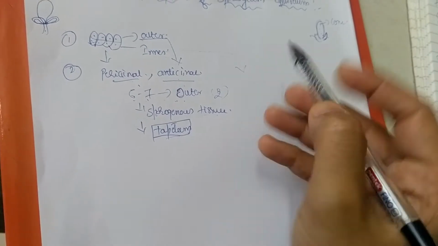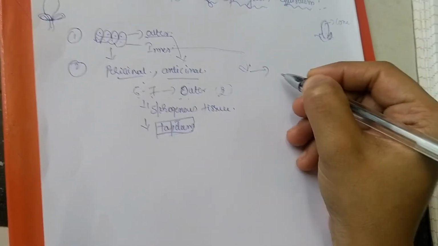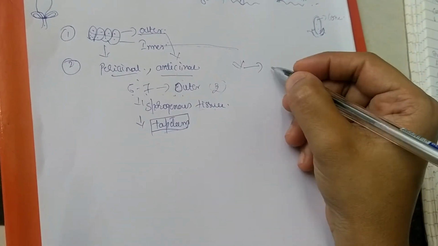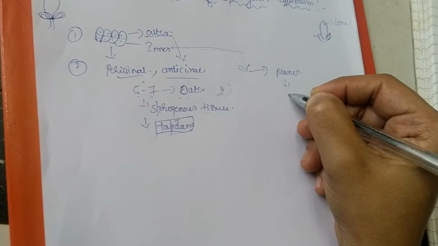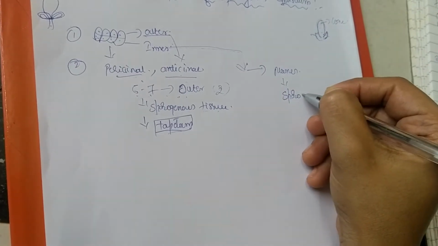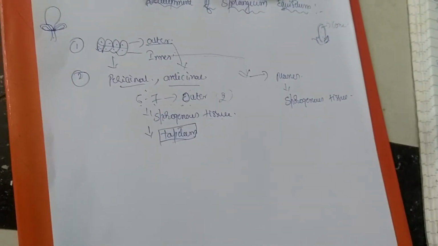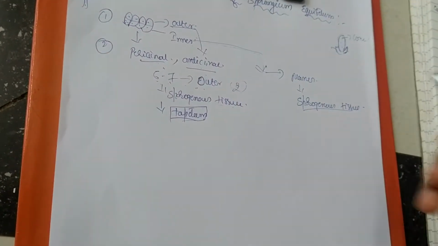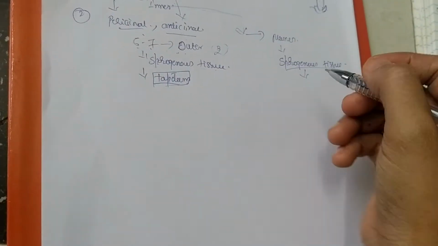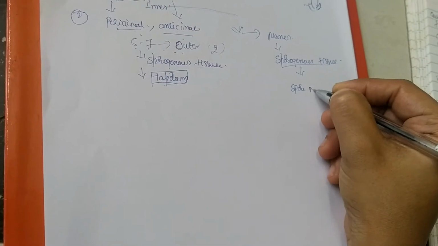Now the fate of the inner layer of cells is that they are going to divide in all the planes and form sporogenous tissue. So in case of Equisetum, the origin of sporogenous tissue is from both the outer as well as the inner cell. This sporogenous tissue, by further division, transforms into spore mother cells.